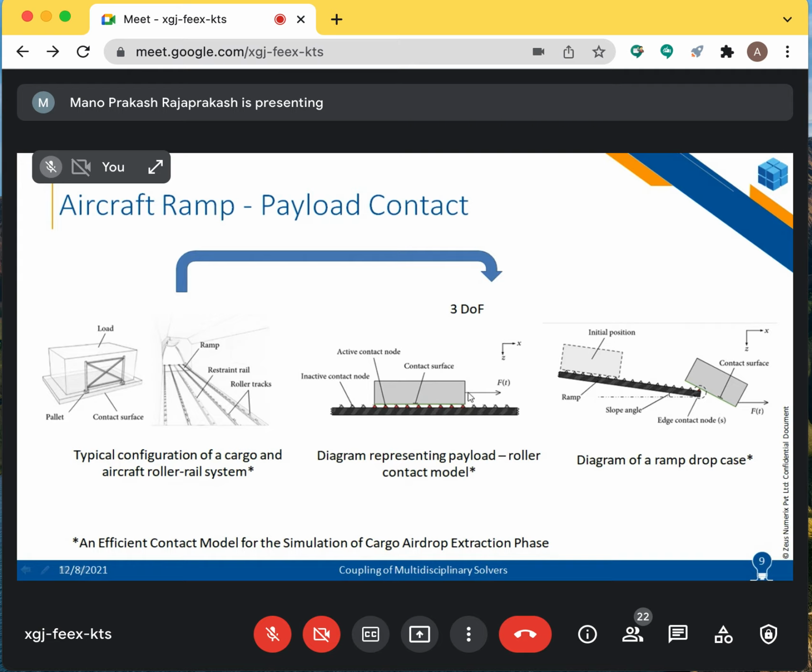Now, there is one more important strategy that needs to be handled. Say we have n nodes, for example 30 nodes, and only 10 are active nodes. Each node is going to have a force value and a moment. So the net force and the net moment should be normalized based on the number of active nodes, and those loads are applied at the CG of the payload. This is a very important consideration that must be taken into account while modeling the contact.